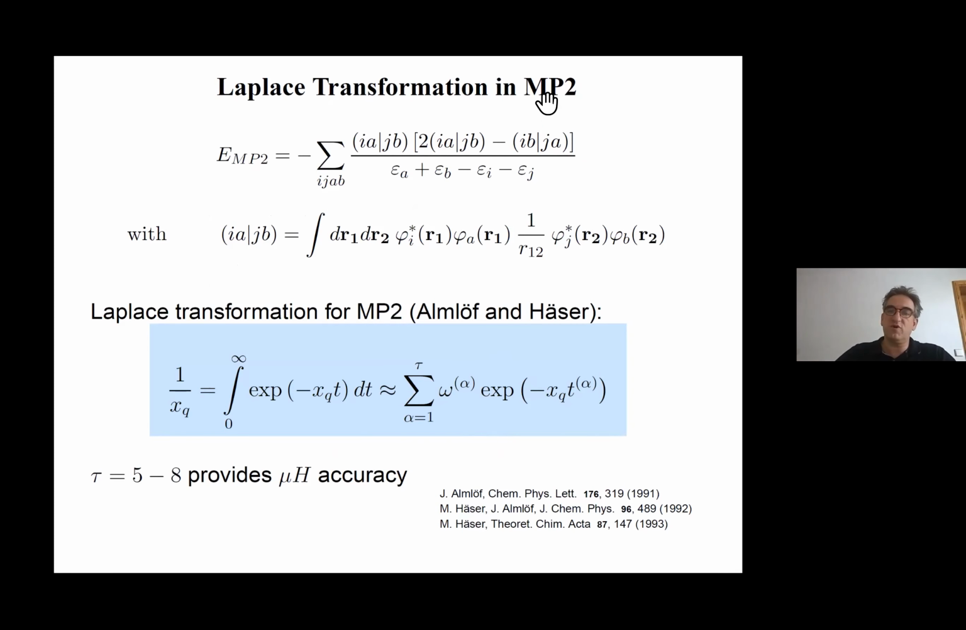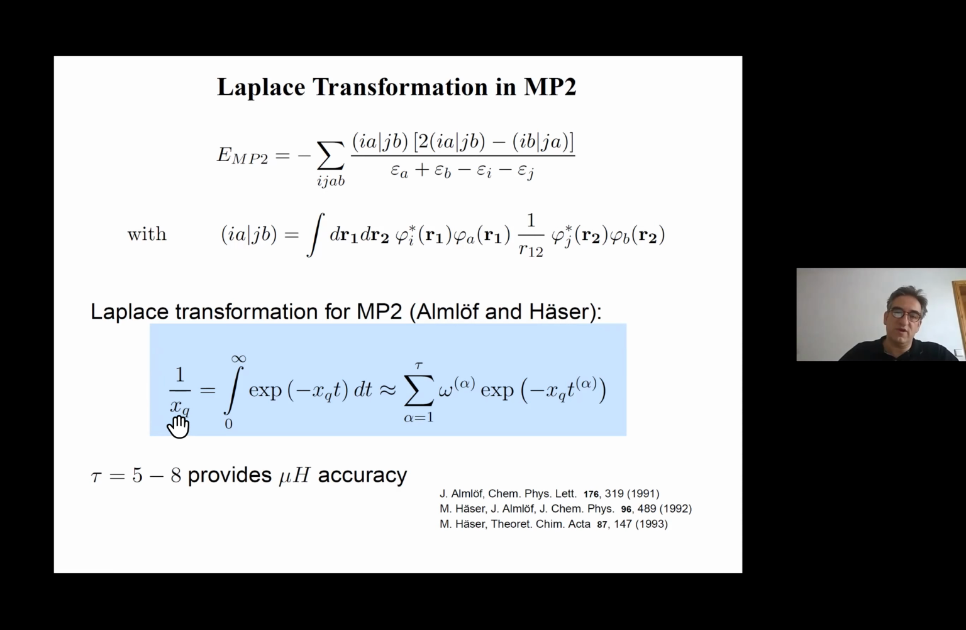This is the expression one needs to calculate. And the problem is the transformation of the integrals from the AO into the MO basis. Here you see MO integrals divided by the orbital energies. So one cannot simply write this expression in an atomic orbital basis. This is not possible. However, in the 90s, Jan Almlöf and Marco Häser came up with the idea of using